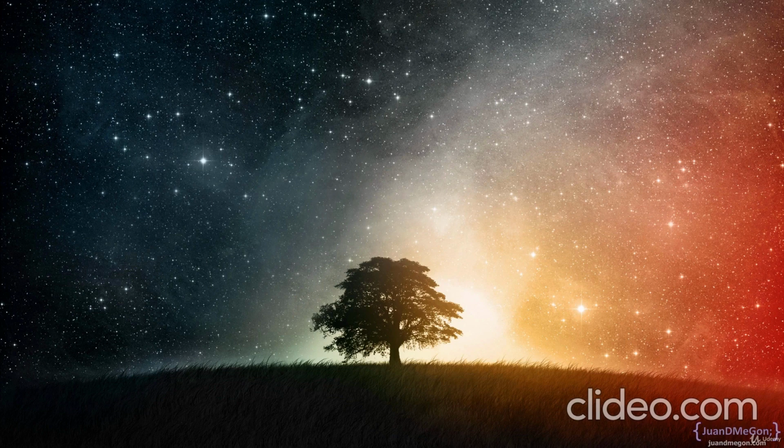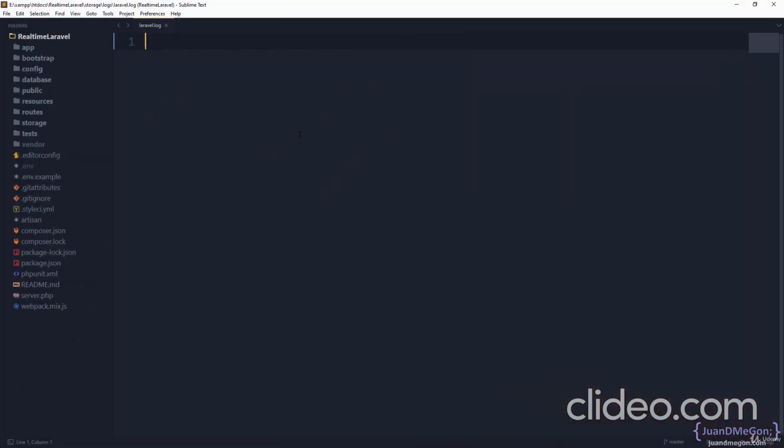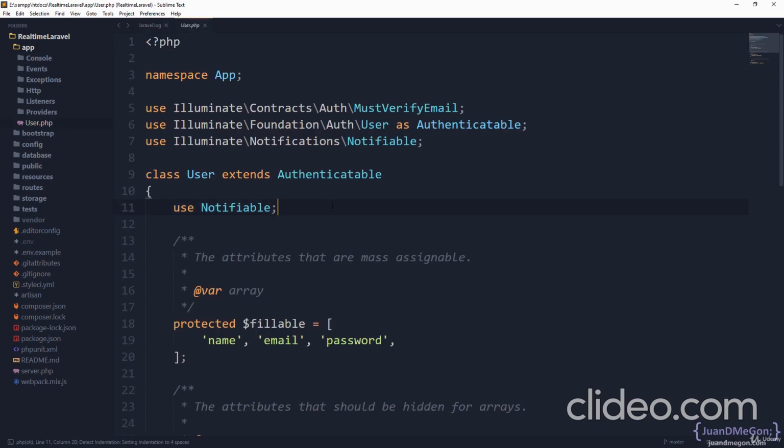It is time now to, let's say, dispatch or broadcast the events that we already created in the previous class once those actions occur. It means when the user is created, we are going to dispatch the event of the user created, the same for updated and the same for deleted, of course. And fortunately for us, Laravel is going to allow us to do that very easily in our user model. Basically, what we are going to do is attach, for every single possible action over the user, or at least the actions that we need to take care of,